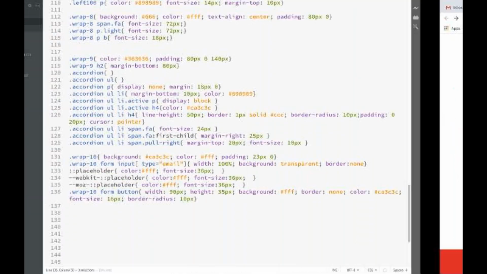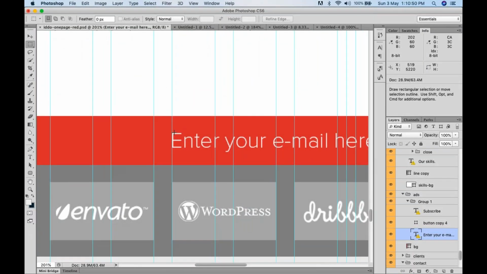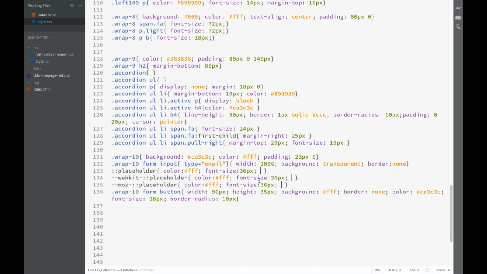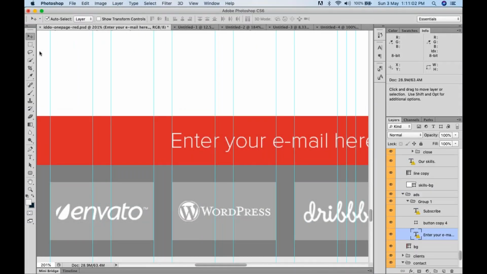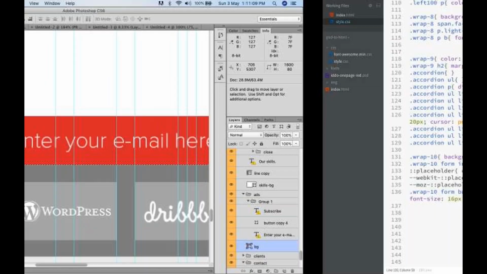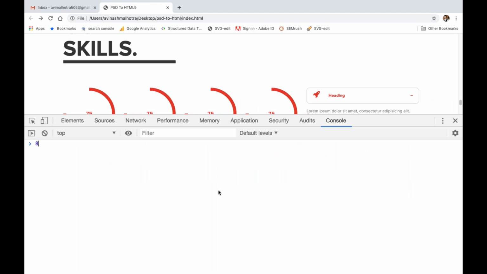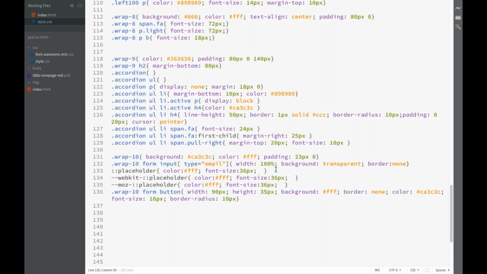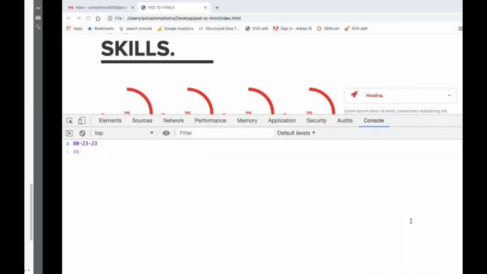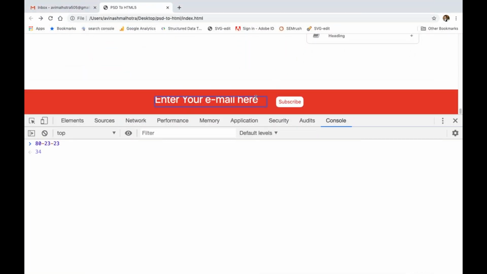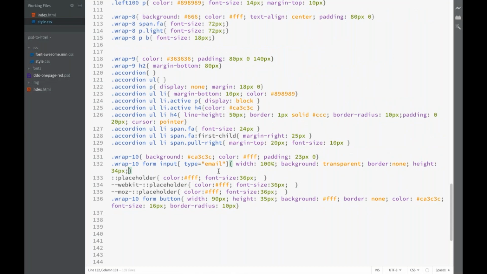इसकी हाइट भी बढ़ानी पड़ेगी। ओके चलिए। सो पैडिंग थी 23, ये जो रेड है कंट्रोल क्लिक, दिस इज 80। सो 80 टोटल हाइट है, माइनस 23 टॉप पैडिंग, माइनस 23 बॉटम पैडिंग, तो रिमेनिंग इज 34। सो इनपुट की हाइट कितनी होगी? सो हाइट शुड बी 34 पिक्सल। ओके, बट 34 में फॉन्ट पूरा नहीं आ रहा। so, आई थिंक इसकी हाइट थोड़ी सी ज़्यादा हो जाएगी। ये लाइट फॉन्ट भी है।